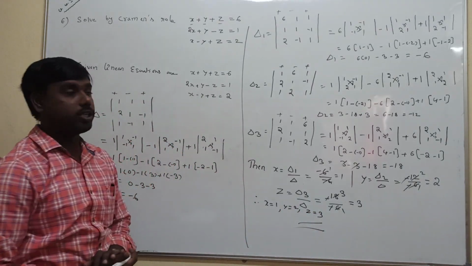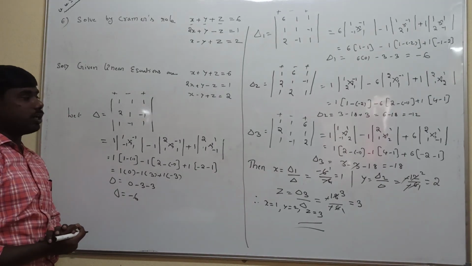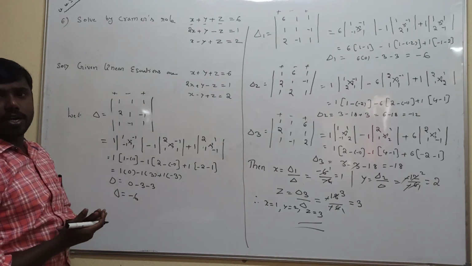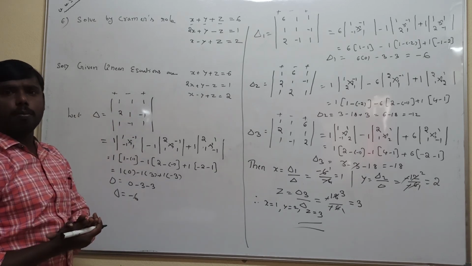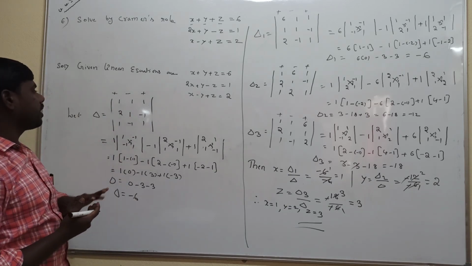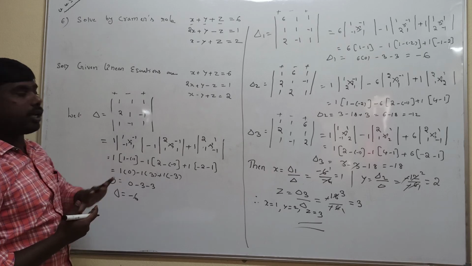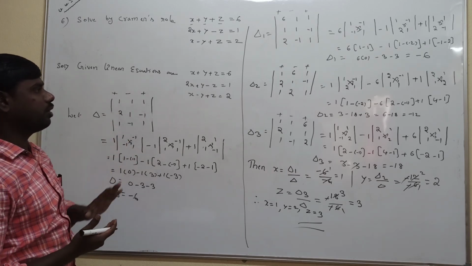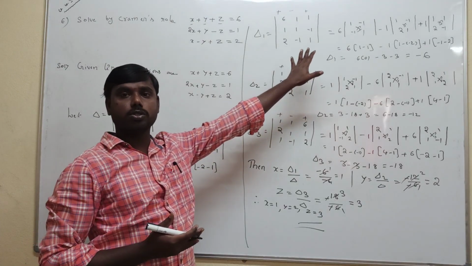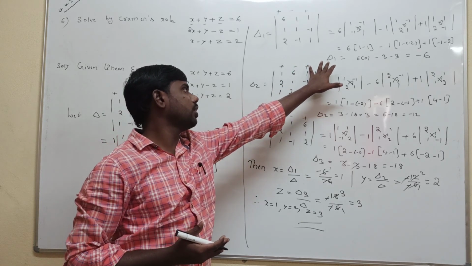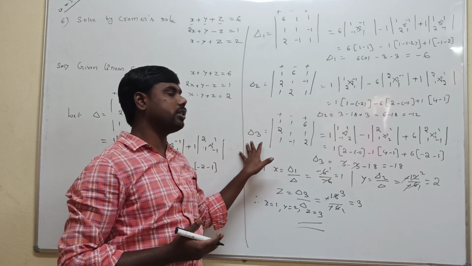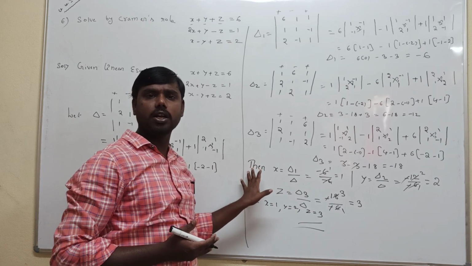This is very important in this method, and it is very easy also. Whenever a 3 by 3 matrix is given, consider the signs plus, negative, plus. Take the first element, eliminate its row and column, and take what is left of the element. After that you have to solve all the determinants. You get the D1 value, D2 value, D3 value. Finally we have to find the x, y, z values.